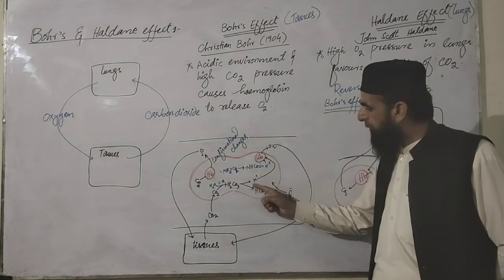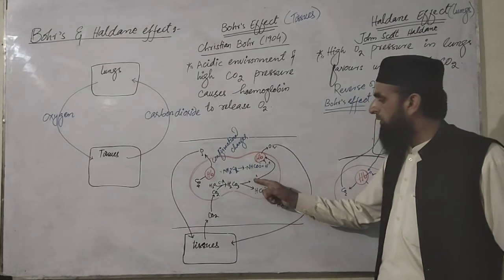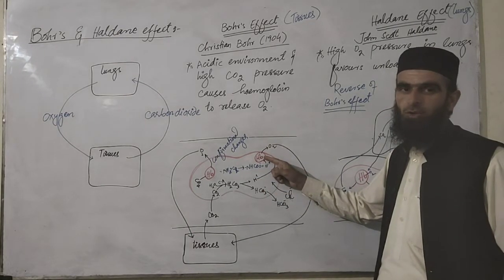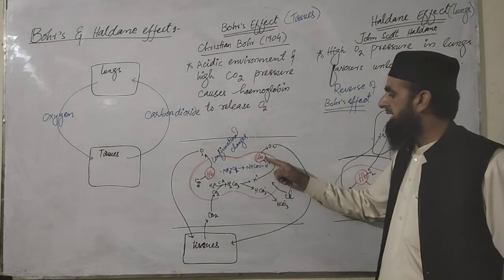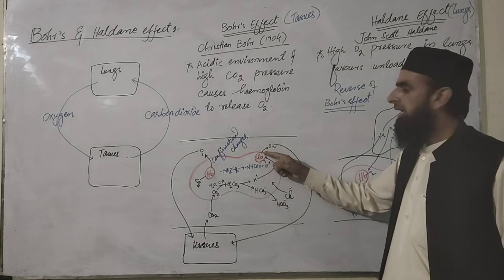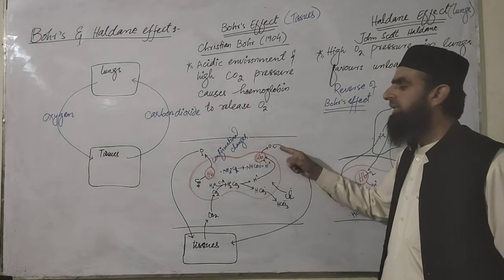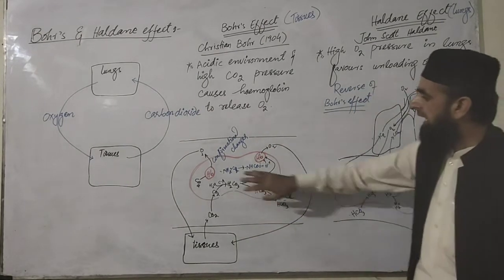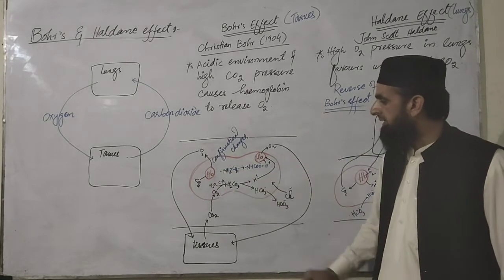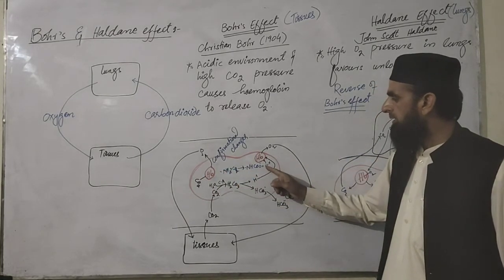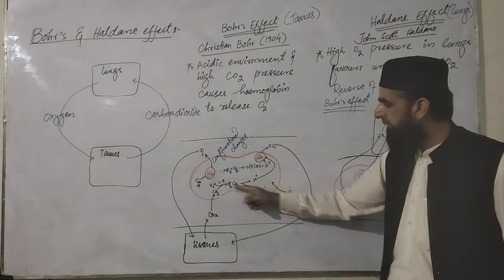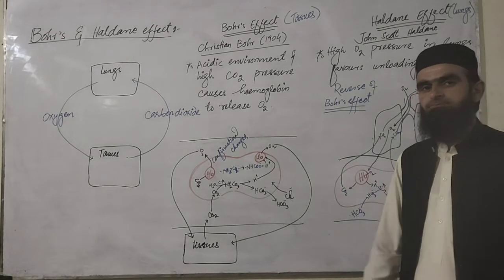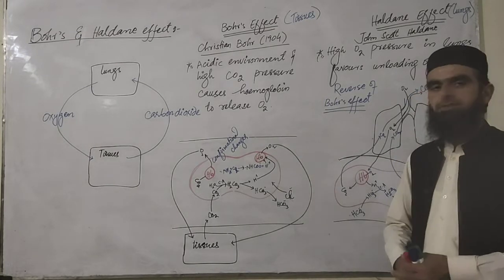Okay, now the proton which is produced here also comes and is attached to the hemoglobin, causes acidity in the hemoglobin, and because of that conformational changes are caused, which helps the hemoglobin to release oxygen, and that is then given to the tissues. So these are the three ways: attachment of carbon dioxide, through the production of proton in this way, and through the production of proton in this way. The hemoglobin is caused to release the oxygen.